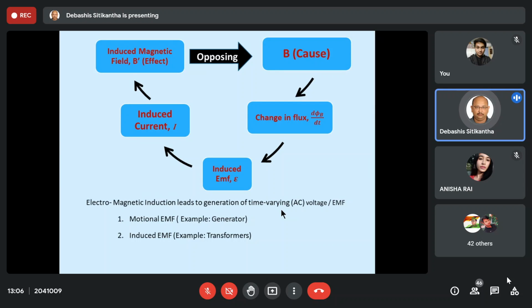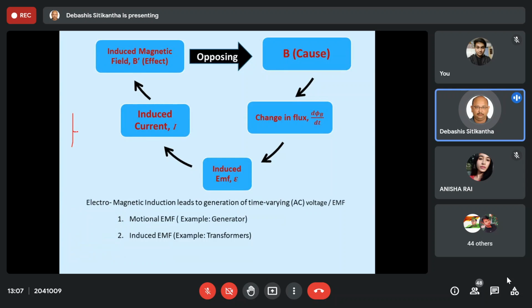So today we'll start with electromagnetic induction, and so far we have studied Faraday's law of electromagnetic induction. We have seen that an induced EMF is generated only when there is a change in the magnetic flux associated with a conductor. When there is a change in the magnetic flux linked with a coil, a time varying voltage is produced, and truly speaking, it is time varying as well as alternating in nature. Now, let me clarify that. Though I have told you, you may not have remembered it.